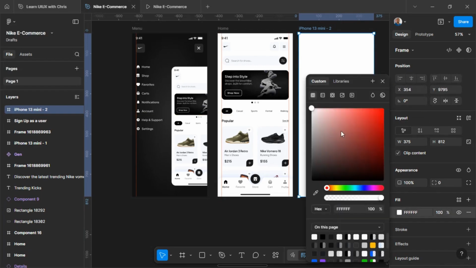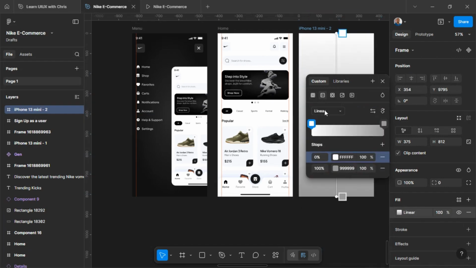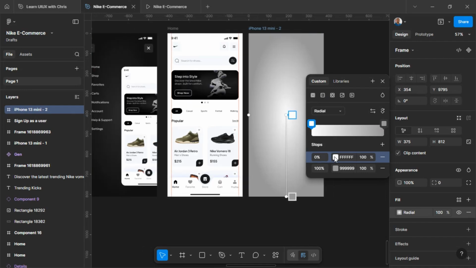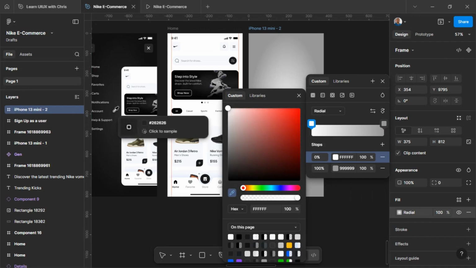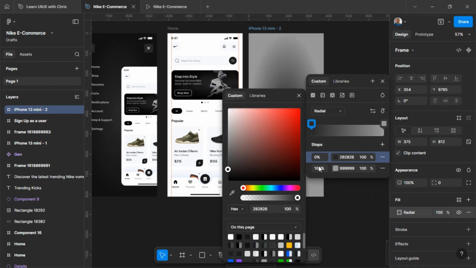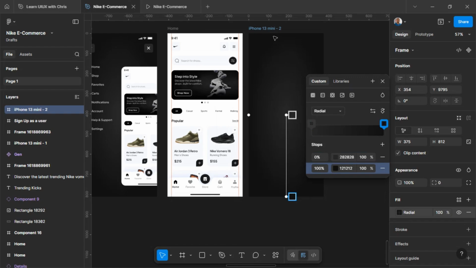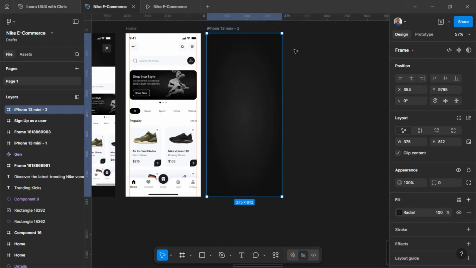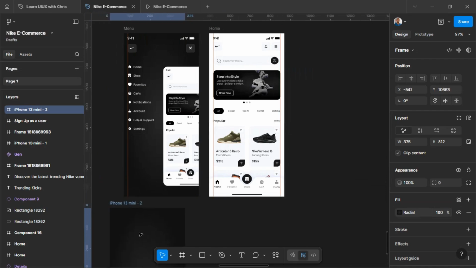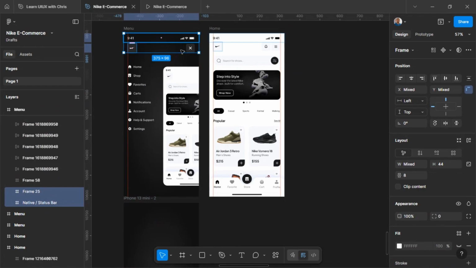And we are going to make use of gradient, which is radial, for the inner color here. We'll pick it from here, or 2828. So it's for the darker one, which is the outer color. 121212. Yeah, so we have our menu already. So let's just bring this down here and let's take all these assets